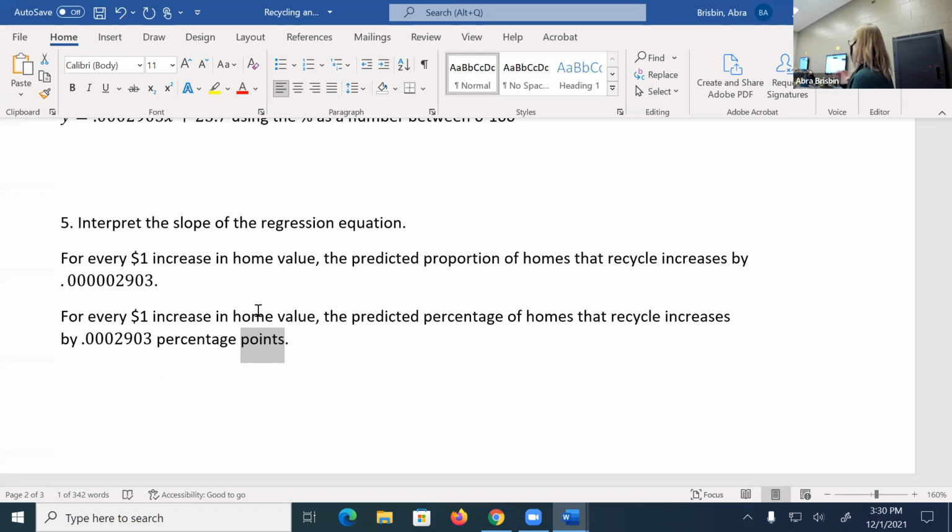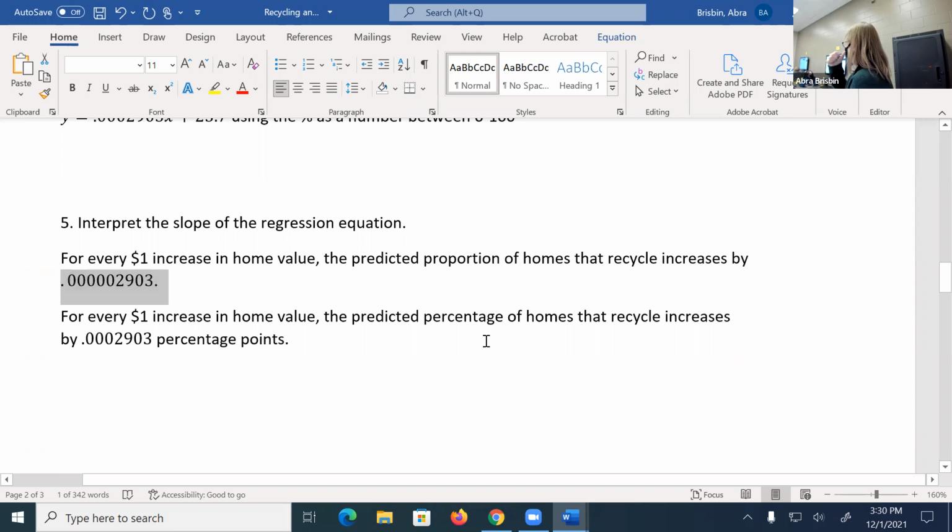Questions about this interpretation of the slope? Key points here: for every 1 unit, so in this case, dollar, increase in the explanatory variable, the predicted or expected or average Y value increases by the slope amount. Last time, table 2 pointed out that this is a really small amount that maybe makes it look like